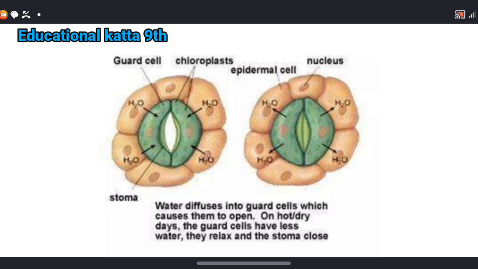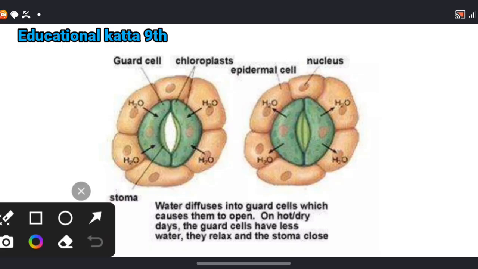Stomata, open and close stomata diagram can be asked. Okay, and you have to just label nucleus, then epidermal cell, chloroplast, guard cell, and